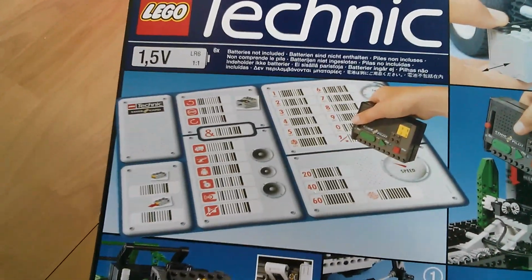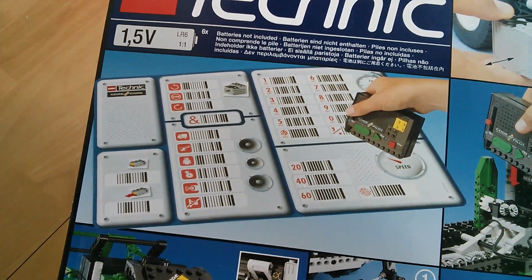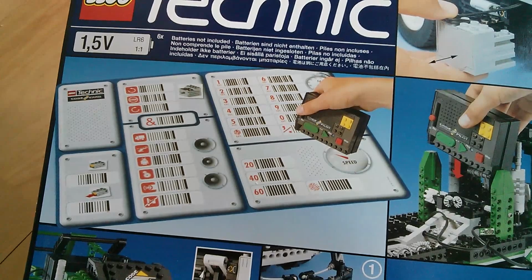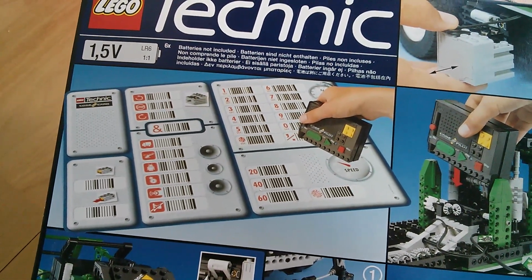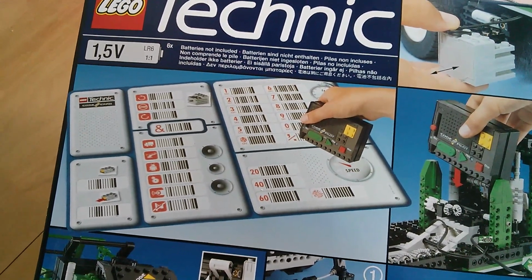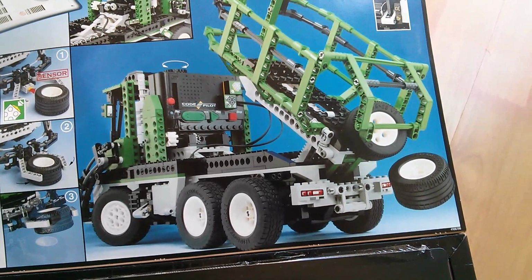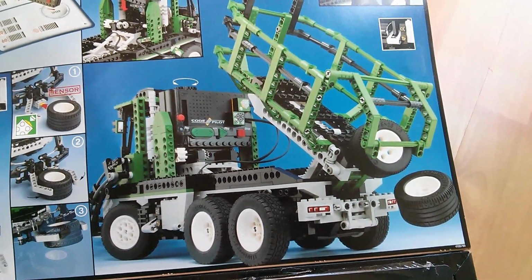Up here you've got the barcode sheet, which has a whole load of barcodes on it. And there's a barcode reader, which is also the motor controller and sensor detector. So that's presumably microprocessor controlled. And you can see from this image that it's a tipper truck, so the rear section tips up to tip